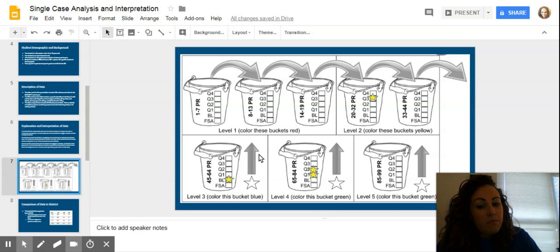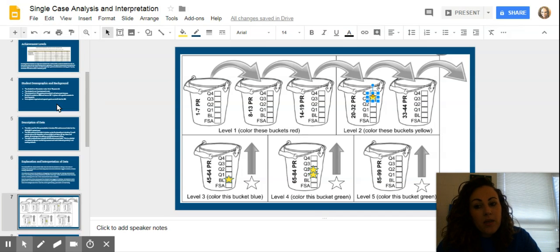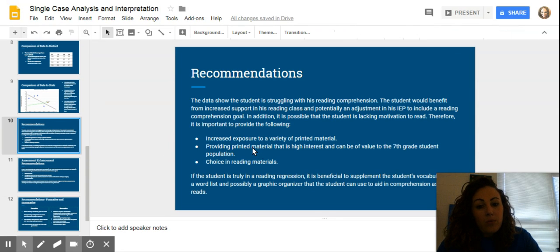So, judging by where he started in the level 3 bucket, that was about where he was when he entered the seventh grade after taking the FSA in sixth grade. Unfortunately, he jumped up, but then really took a slide backwards and is now in that 2A bucket, which is below proficiency. So, some things that we might be able to do to help him,